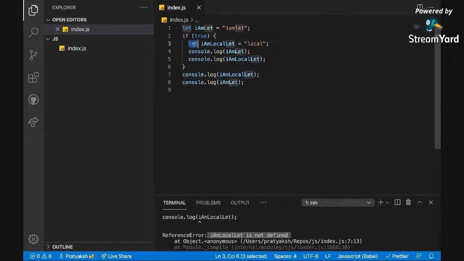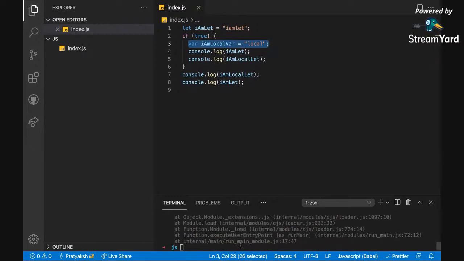But let's say now I change it to var. Now if I try to run this one, local var.